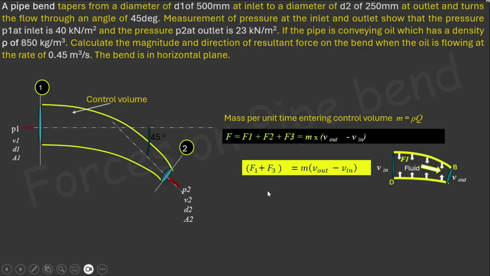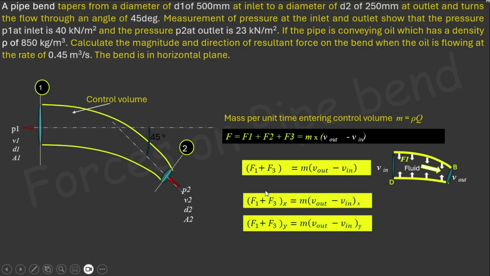Since the force and momentum are vector quantities, they can be resolved into components. So we have to resolve these components in x direction as well as in y direction. So F1 plus F3 of x is equal to mass into V out minus V in in x direction. That means this is the rate of change of velocity in x direction, and F1 plus F3 of y is equal to mass into V out minus V in of y, that is the rate of change of